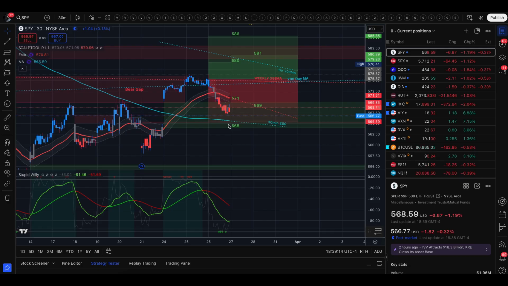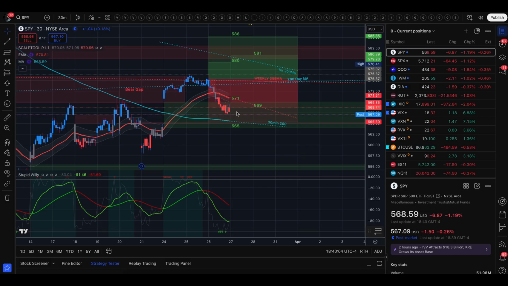When the 30-day average volatility is a lot closer, sometimes we'll see 571, 569, and then 568 will be the 30-day average volatility. So there's a lot more agreement within the trading range. But when the 30-day average volatility is much wider than the implied volatility on the day, trading the implied move on that front contract might not be the best idea, and even the spreads that come with using the 0 DTE and the 1 DTE. So today, for example, if you sold 571, 569, that would have closed at a total